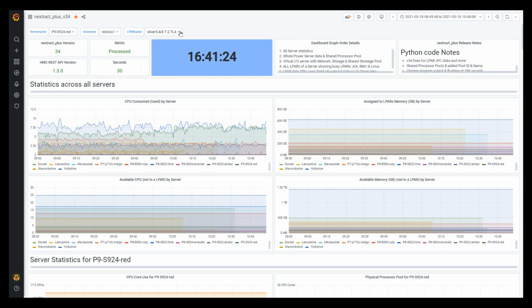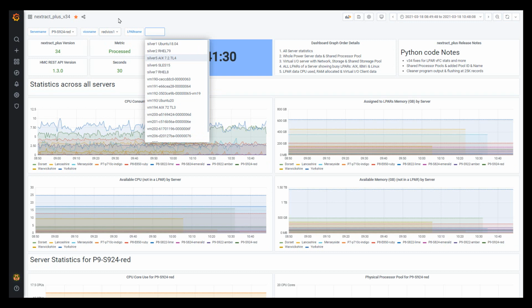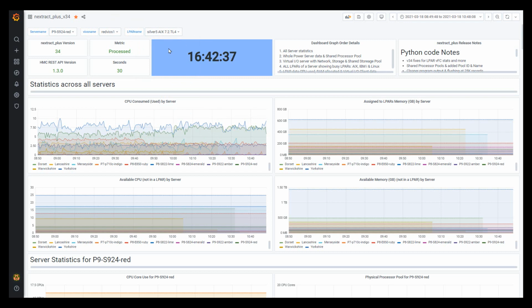VIOS servers. Then we want to pick up the LPARs. Again, these are the LPARs that are on this particular server. It's very common for you to have two VIOS servers, so these will actually be connected to both of those VIOS servers. In here we have a reminder of which